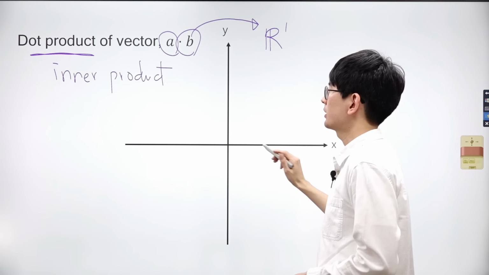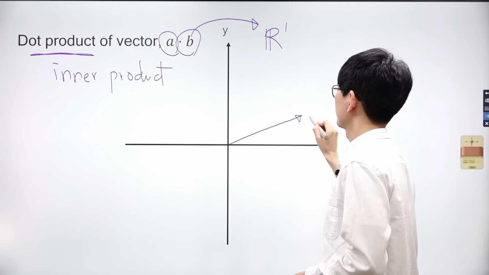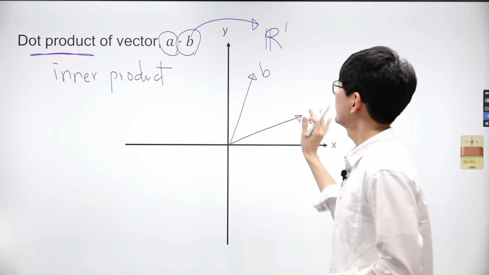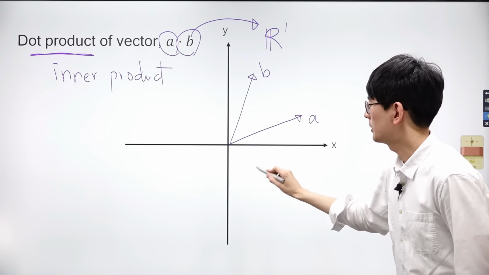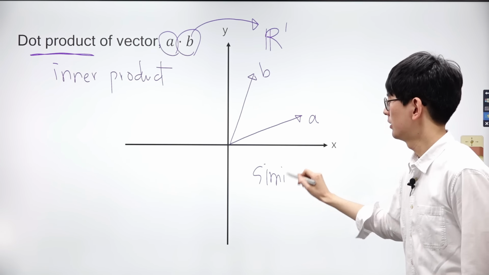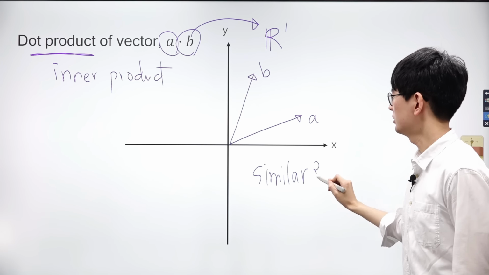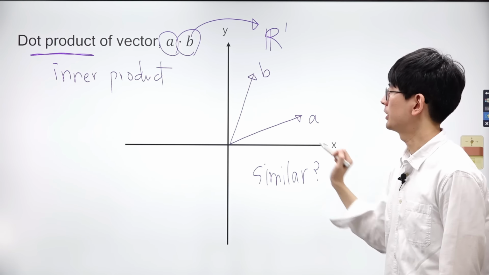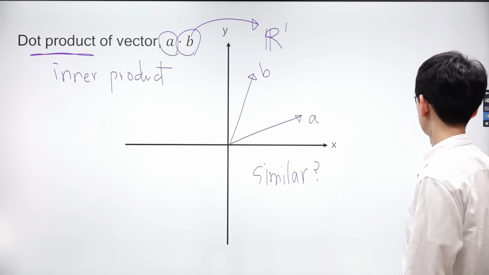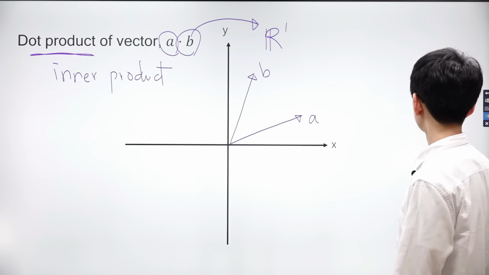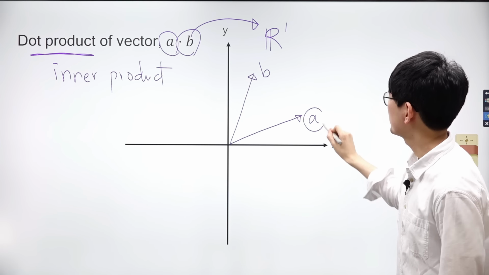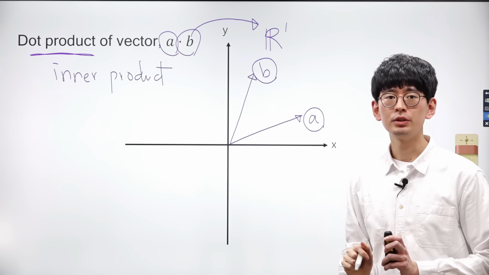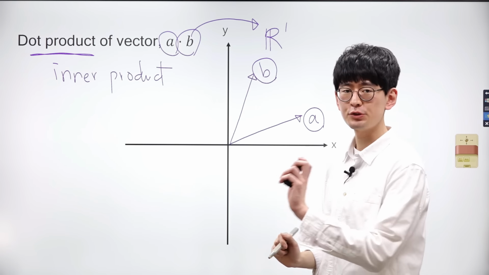Suppose we have two vectors A and B. Let's plot them on the plane. We can calculate the similarity of the two vectors using the dot product. Understanding the dot product might not be intuitive, so I will explain it in more detail. Think of it this way. The dot product between two vectors indicates how much they can cooperate or how much they cannot cooperate.